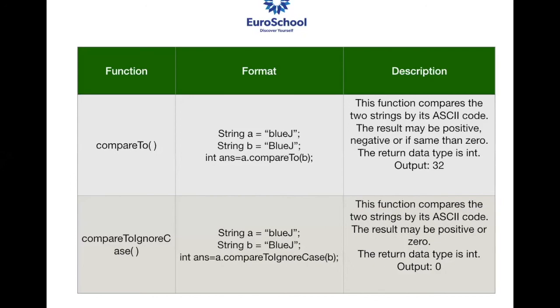It will check the first letter. If both are small b, then it will go to the second one. L, both are small l, leave it. Go to the next one. U, both are same, leave it. E, leave it. The next one, J capital and let's say J small. वो मैम मैं बोल रहा हूँ कि अभी कंपेयर B small रखे हो तो और आप J भी small रखे हो मतलब नहीं तो it is not going only till that position. The first difference, as soon as it finds, it will give you the difference of it and display it. It is not going to the second, third, fourth letter, nothing. The first answer, whatever is the difference, it will give that.